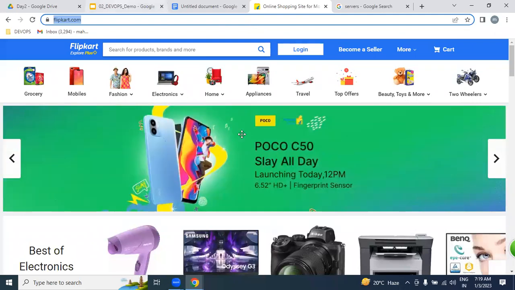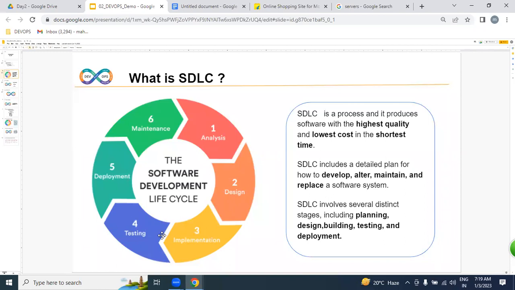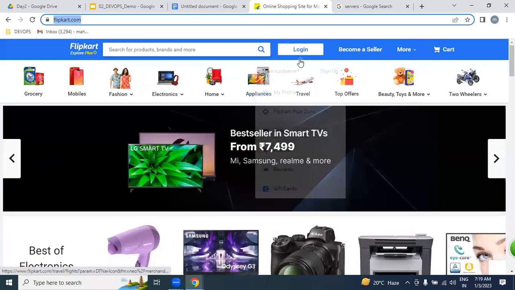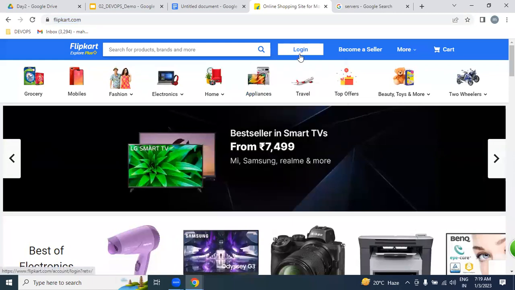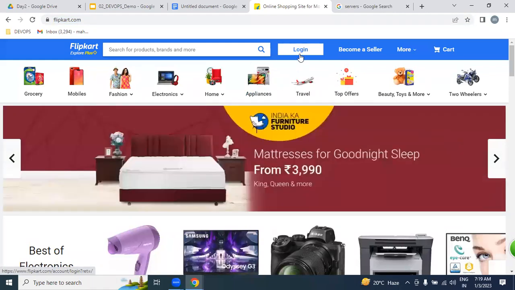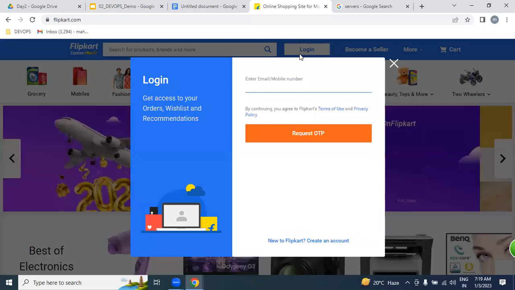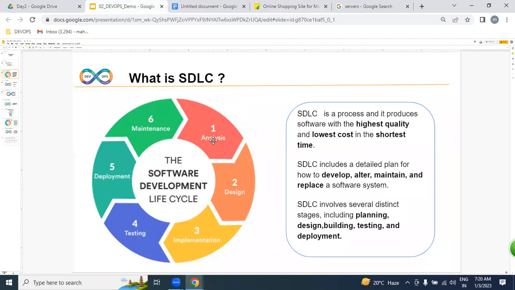In this SDLC, several stages: analysis, design, implementation, testing, deploy. What about analysis? Analysis is nothing but gathering information from the client. What exactly the login page, what exactly the registration page, how exactly the payment gateway works, each and every piece of information gathered from the client.